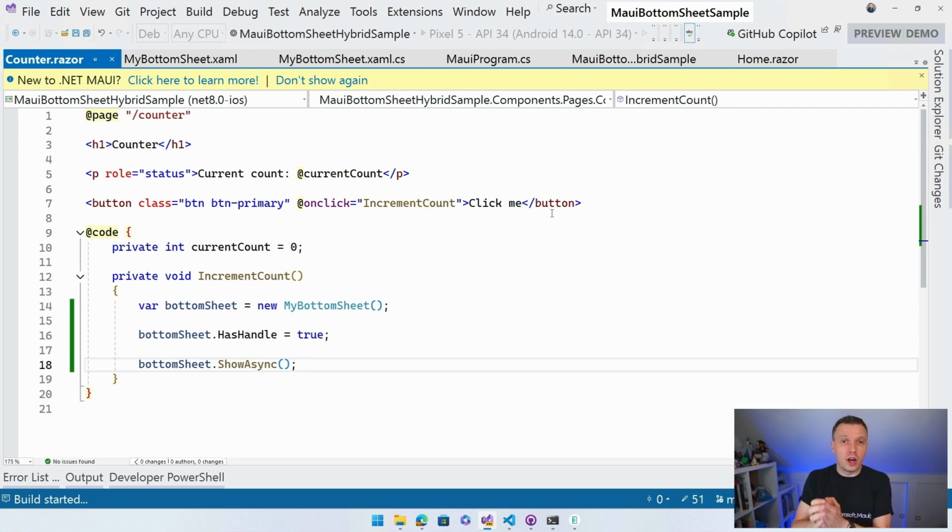I can put all kinds of .NET MAUI controls inside of that bottom sheet in XAML, or you can put the Blazor hybrid web view in there, and you can still do everything with Blazor there as well, right? So it's all totally up to you, but you can use that bottom sheet information. You don't have to go out and find an HTML, CSS, JavaScript control to do that. You can just do that with this .NET MAUI plugin. So the power is all yours. You can mix and match however you want to do this.